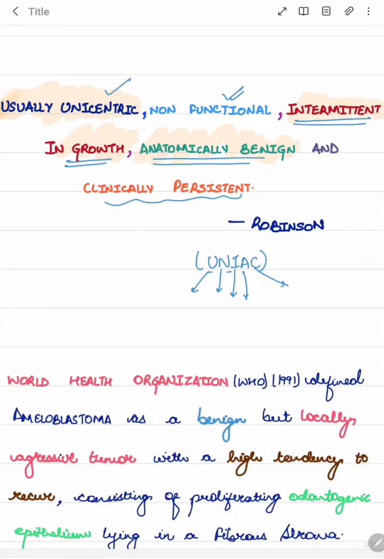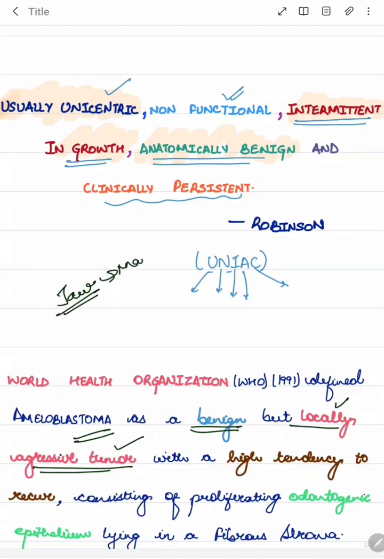Now, the World Health Organization has also defined ameloblastoma as a benign, so benign basically means it is not malignant, but locally aggressive tumor. So, basically, it will spread really fast in whichever part it is present. Suppose it is affecting any jaw, say the mandible is affected. So, it will affect the mandible really fast. It will spread in that area really soon, but it won't affect any other part of the body,